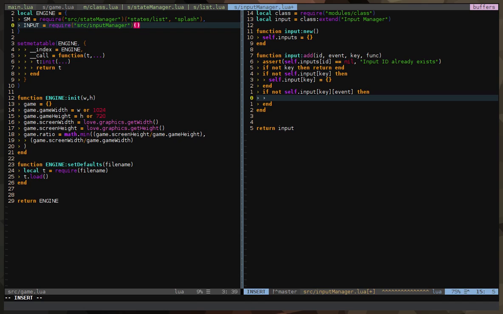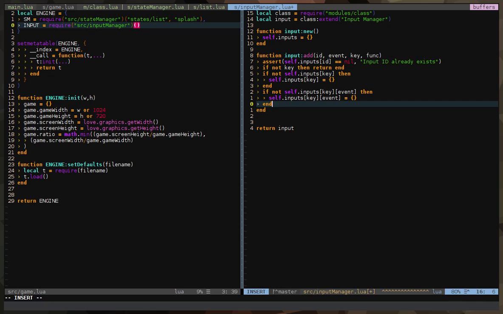If that event does not yet exist, we're going to say self.inputs. Oh, this should be inputs. Okay, so I think I didn't miss anything. So key and then event, oh I forgot, and then is equals to a table again.